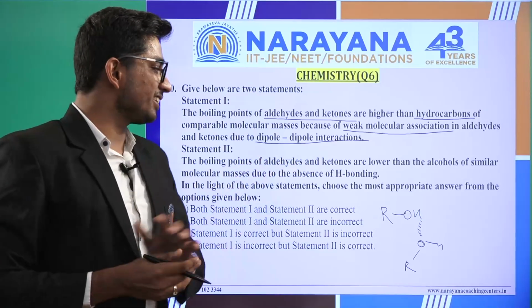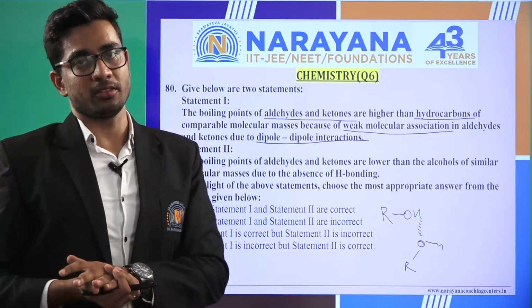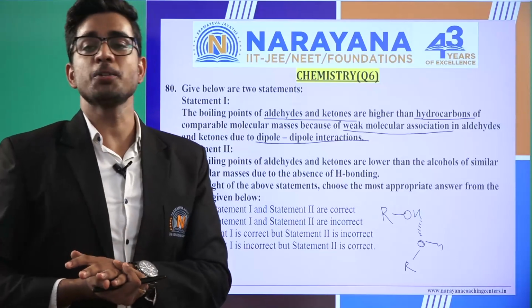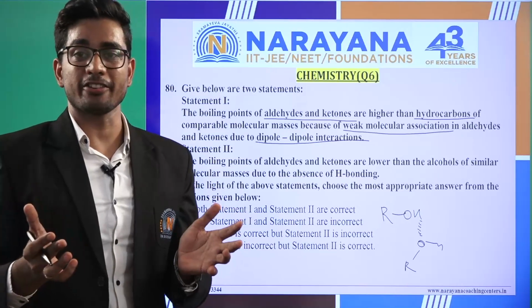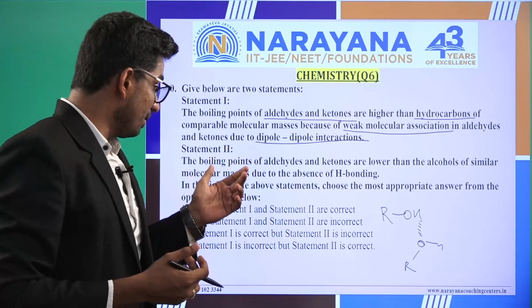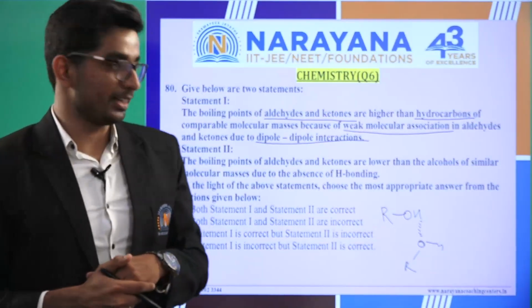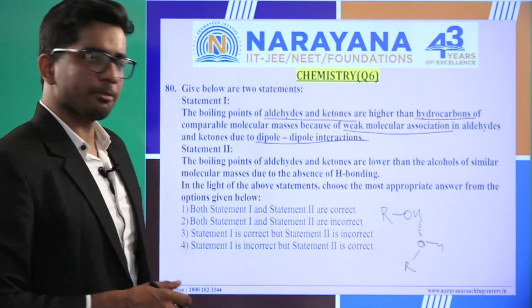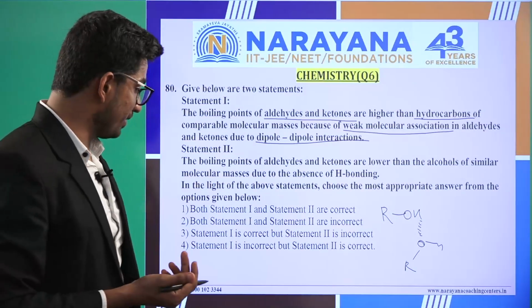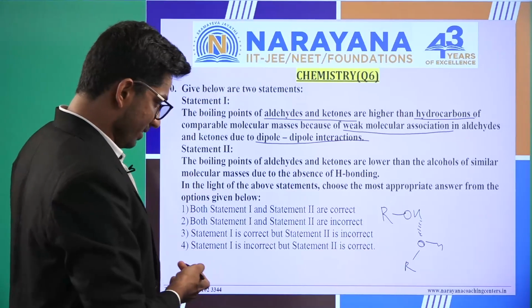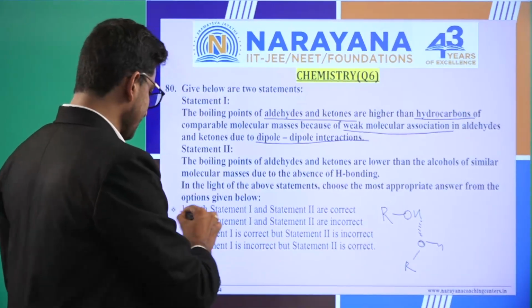But in aldehydes and ketones, we have dipole-dipole interactions. So hydrogen bonding is much stronger than the dipole-dipole interaction, and that is why alcohols have greater boiling points than the aldehydes and ketones. So I think statement 1 is correct and statement 2 is correct. So both are correct, and I think it's undoubtedly option number